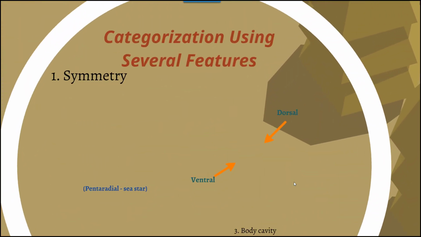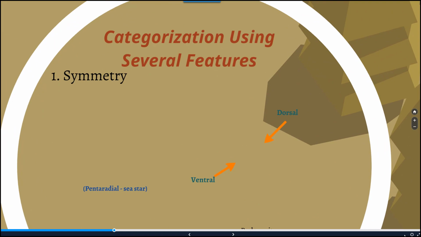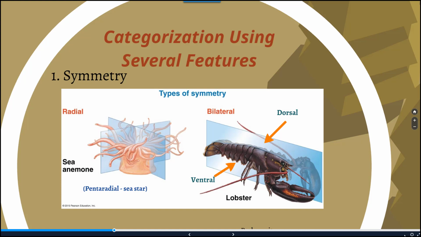So when you're categorizing invertebrates and organizing them into groups, there are several different features that you can use to do that. First, we have something called symmetry, and there are different types of symmetry. There's a type of symmetry called radial symmetry, as in the figure to the left with the sea anemone, where you're going to find the same kind of elements or parts to that organism in each of those quadrants. So there's not a different type of physiological structure or internal element that's going to be different within those. It's all just divided evenly amongst the organism in that radial format.